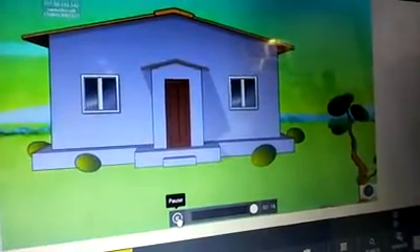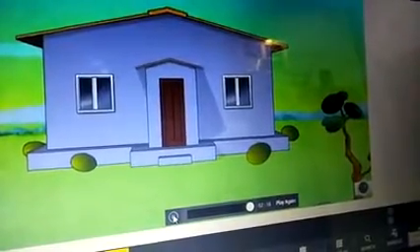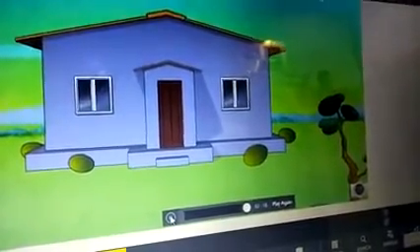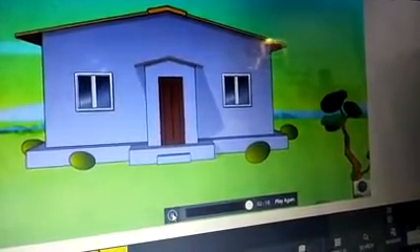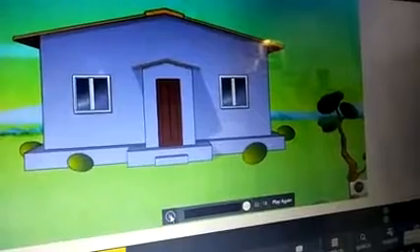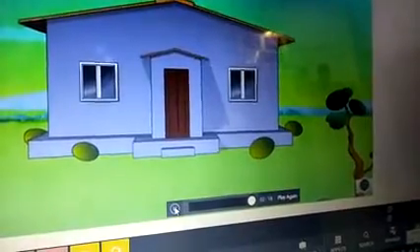Bye! So children, you try to draw your classroom floor map. How many windows? How many doors are there? Can you remember? Yes, children, you should remember and draw your class floor map. That is your assignment, children.